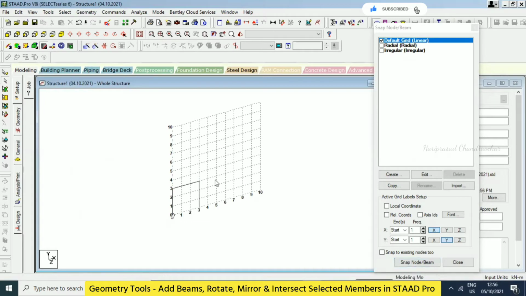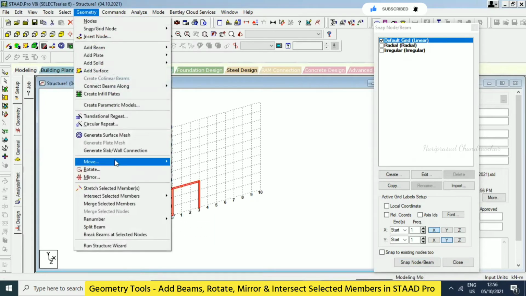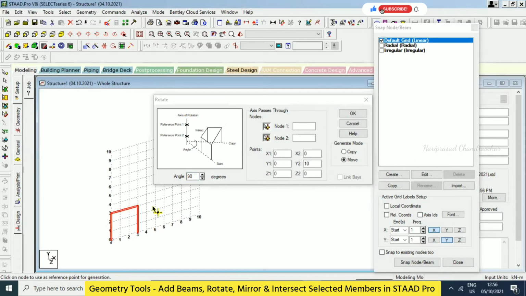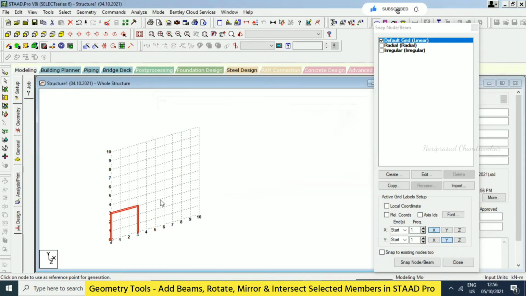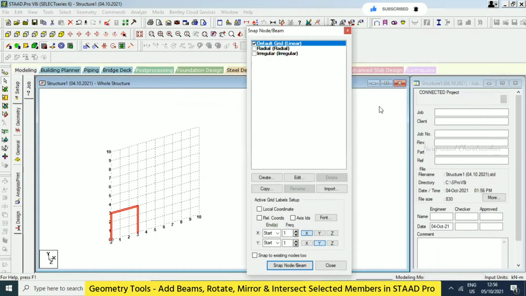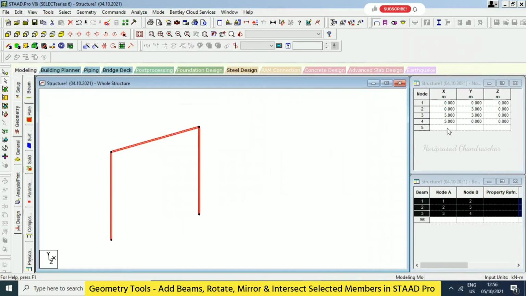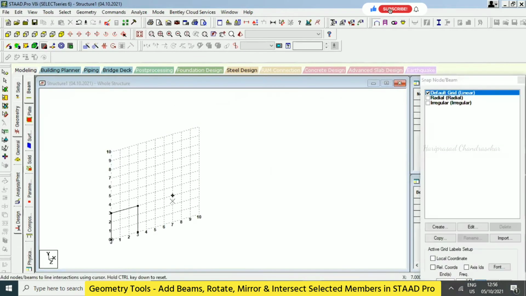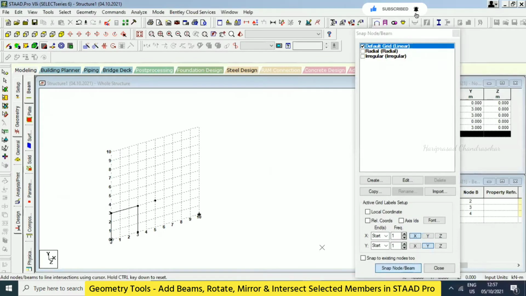See, I have like this, right? I will select this and then go to Geometry, Rotate, and then 90 degree. And we can have some nodes if you want. So you can just have nodes here. How you will have, you can just go to Geometry and put nodes here. For example, even from here also you can create nodes. Like this, escape, and then again select and then escape, so that it is creating only the nodes.